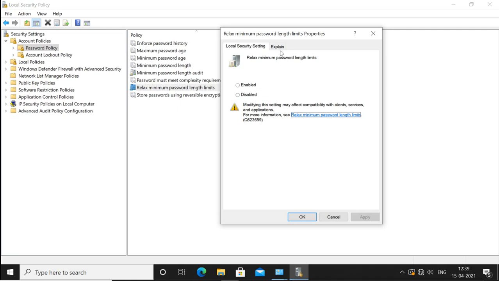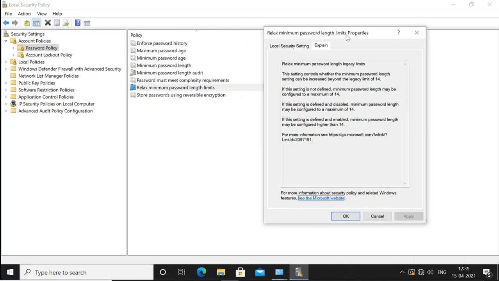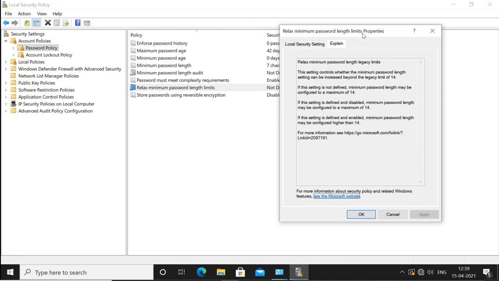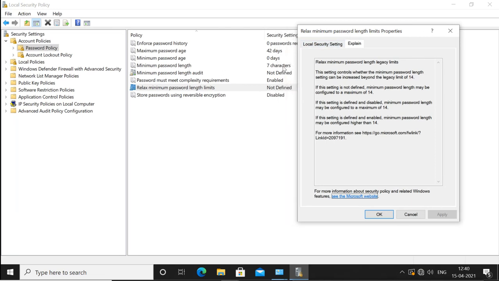Now what does this do? You can see in the explanation, this setting controls whether the minimum password length setting can be increased beyond the legacy limit of 14. That means the legacy limit of the minimum password length is maximum 14. We have set it to 7, but it can go up to 14.